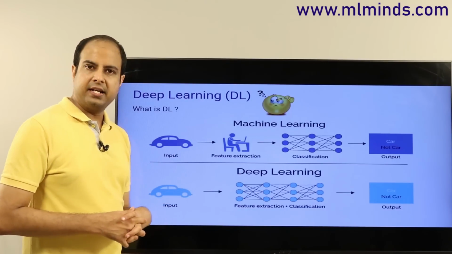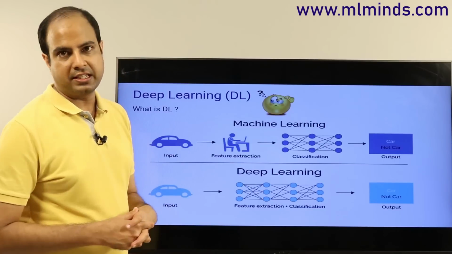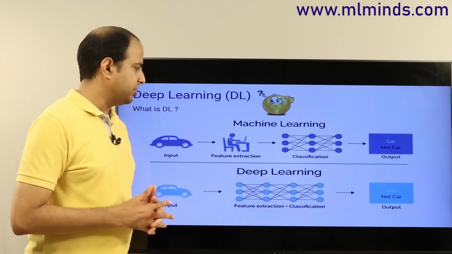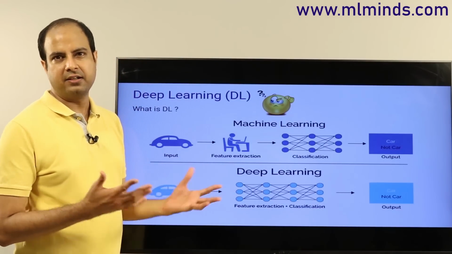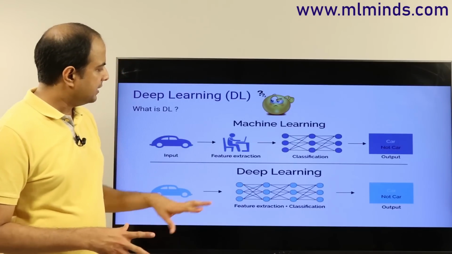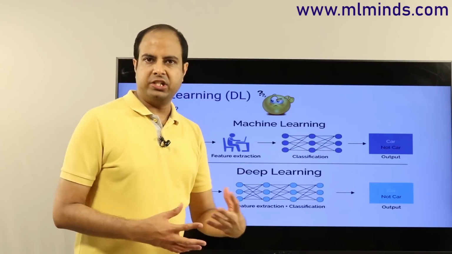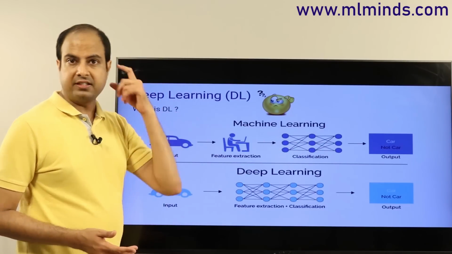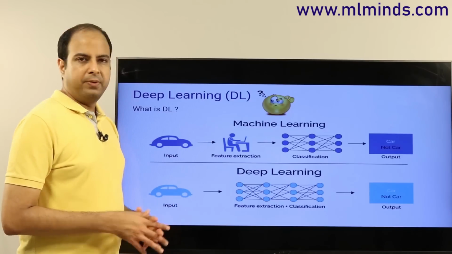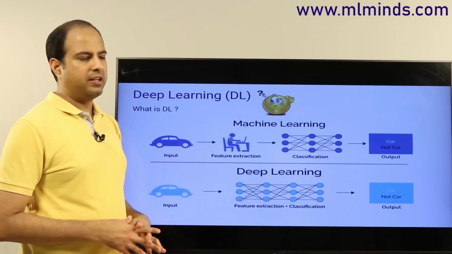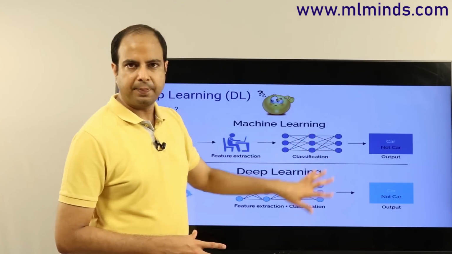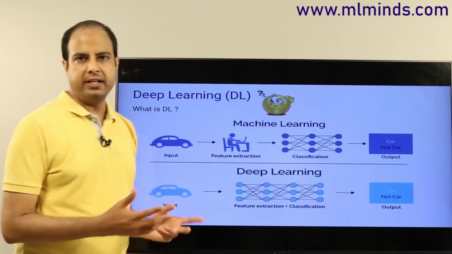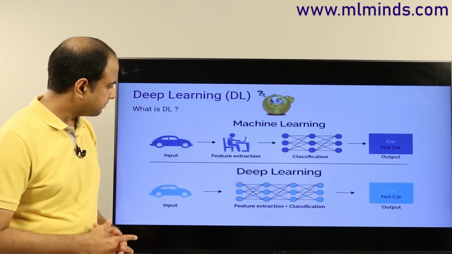Or you could also extract more complicated image features like SIFT, scale invariant feature transforms, or ORB features and HOG features and whatnot. Using those features, you can train various kinds of machine learning models like decision trees, neural networks themselves, naive Bayes, KNN, various kinds of classifiers, and then check out whichever gives you high accuracy and report the output.